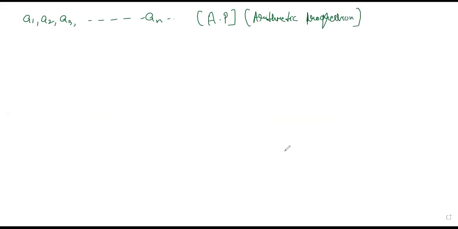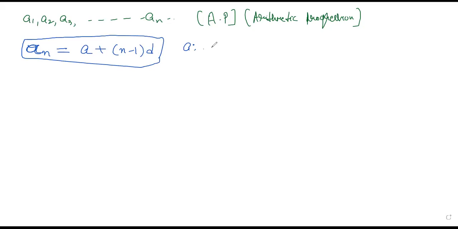So today what we discussed, I am writing at last. Today we discussed that if a1, a2, a3, an, this pattern shows an arithmetic progression, then the formula for the nth term an will be a plus n minus 1 d. Here a is the first term a1, and d is the common difference. So tomorrow our questions will be on this.